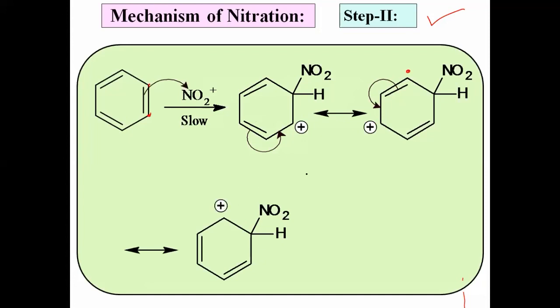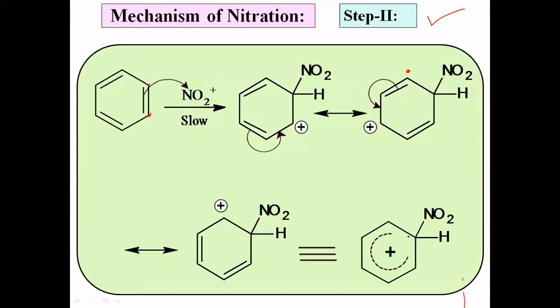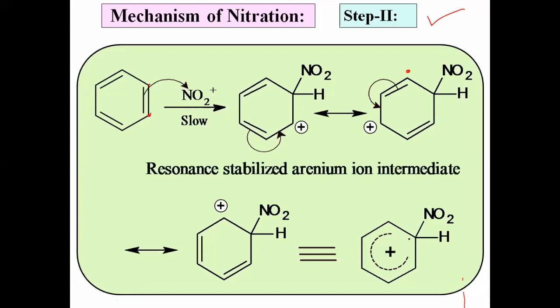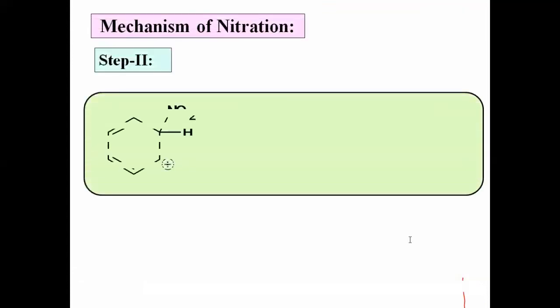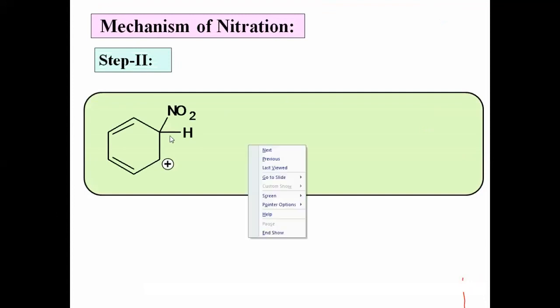Okay, these are the different resonating structures for that intermediate, and we know that we can write a resonance hybrid for that also. This is the resonance hybrid. Okay, and thus in the first step, the nitronium ion attacks the benzene, we get the intermediate carbocation, which is resonance stabilized. This is the resonance stabilized arenium ion intermediate. Okay, let us see the second step. Now what happens in the second step? Easy step, there is a loss of proton. Loss of proton इथं येतोय, म्हणजेच bond